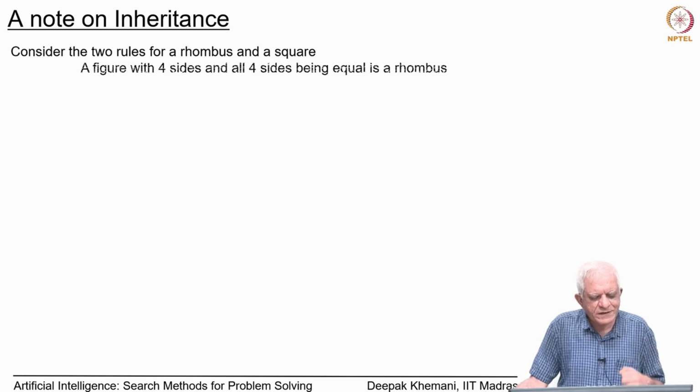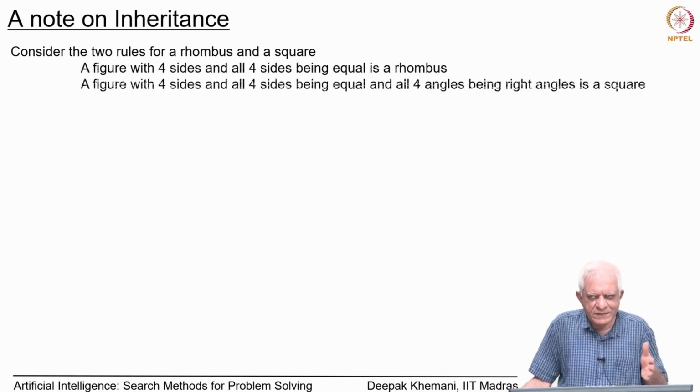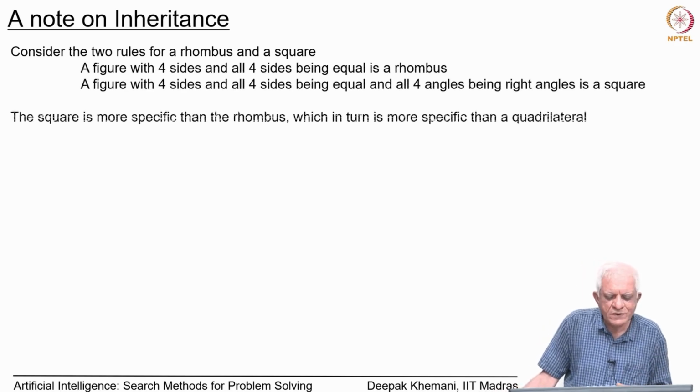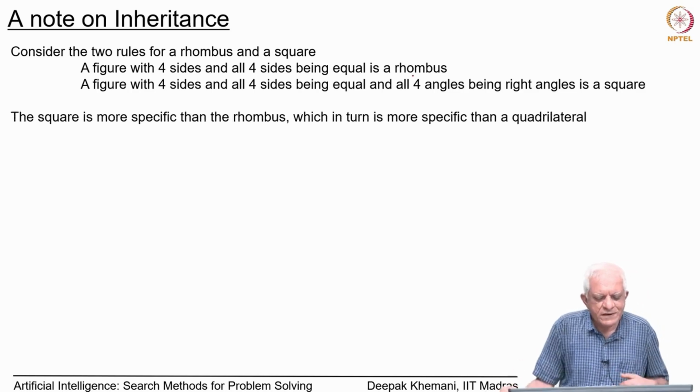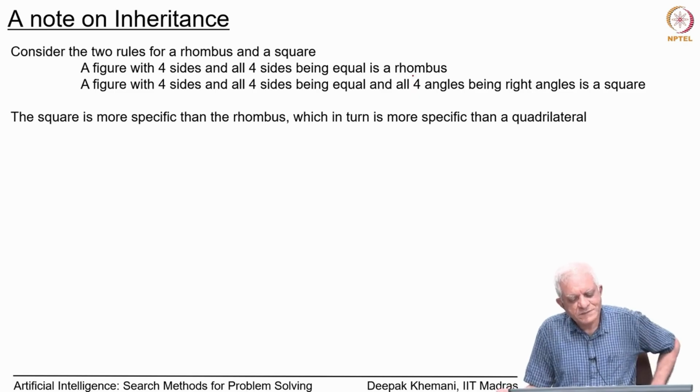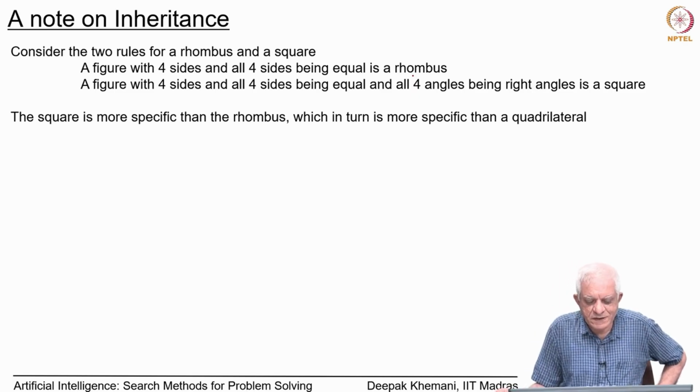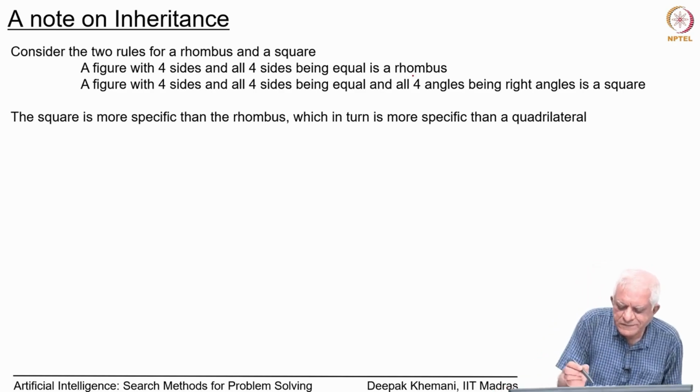you can see that in the network that we just saw, there were two rules, one for a rhombus and one for a square. If you were to write those rules, then they would look like this. A figure with 4 sides and all 4 sides being equal is a rhombus. A figure with 4 sides and all 4 sides being equal and all 4 angles being right angles is a square. Now, I could have easily,